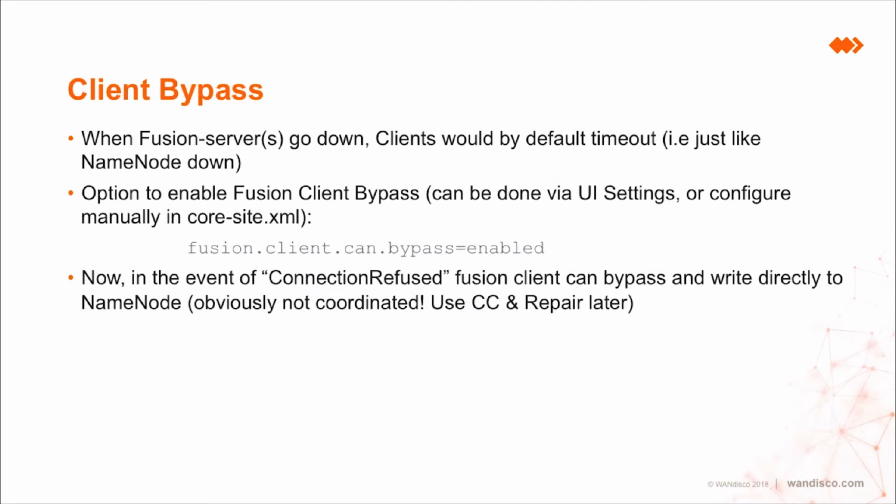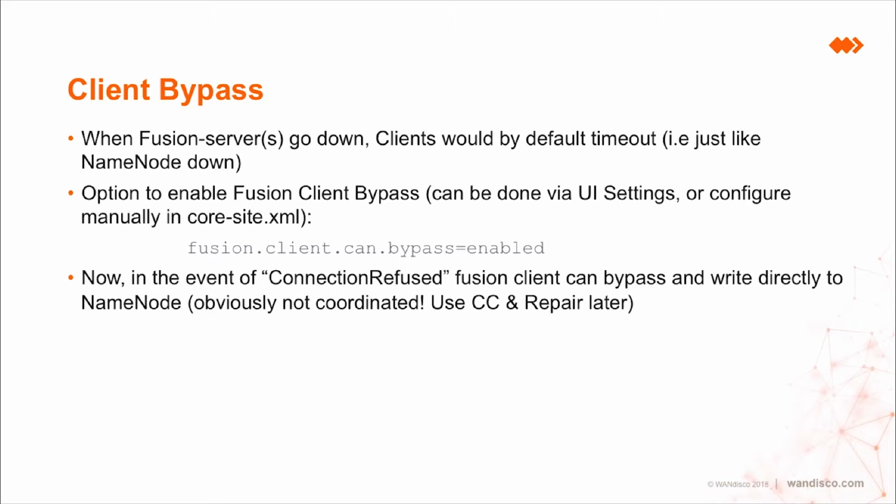Client bypass. When Fusion servers go down, clients would by default time out, just like if the name node was down. There's an option to enable the Fusion client bypass. It can be done in the UI settings, or you can configure it manually in core site XML by setting the fusion.client.bypass